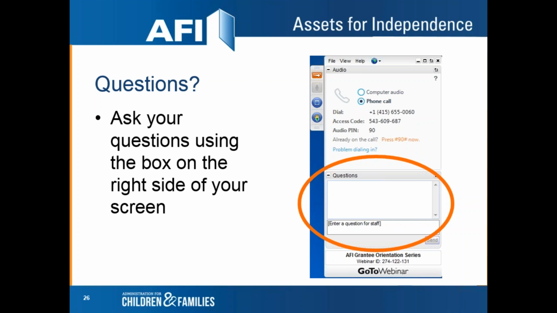All right, so we do have a couple questions coming in. So one says, you stated beforehand that only $4,000 per household can be used. Would a husband and wife qualify separately? So the way that this